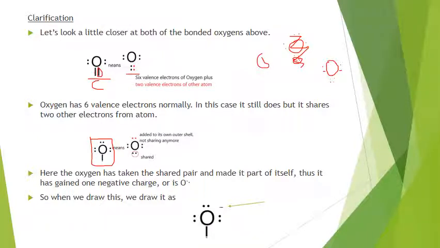Okay, so here's your normal oxygen: 2 bonds and 2 lone pairs. Now let's say that these two are carbon and hydrogen, carbon and oxygen, and carbon and oxygen. Now, in the new way it forms,